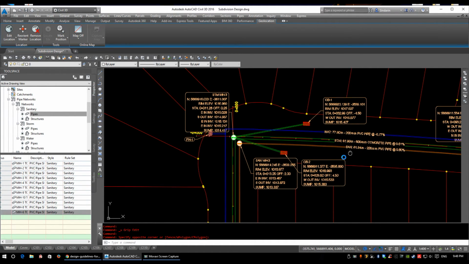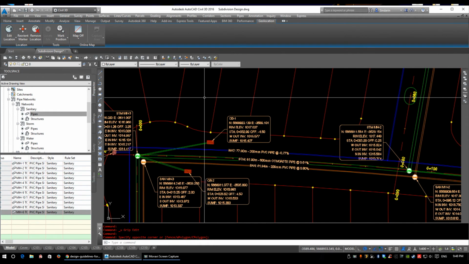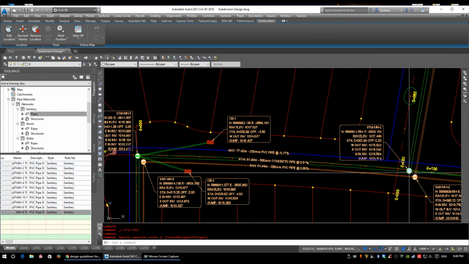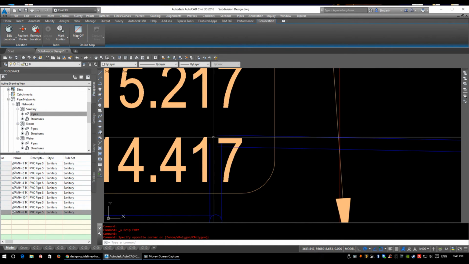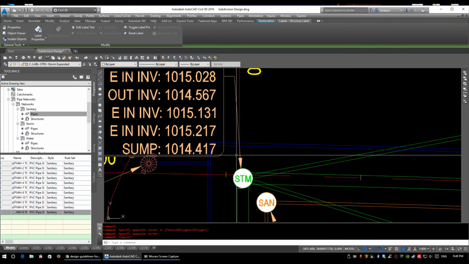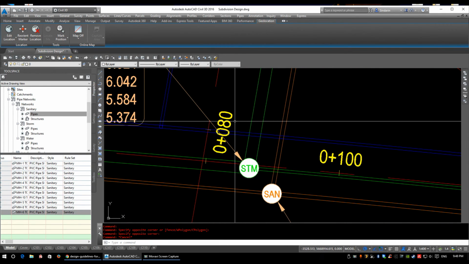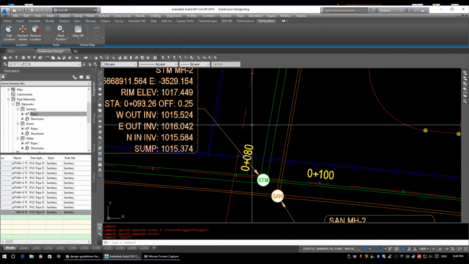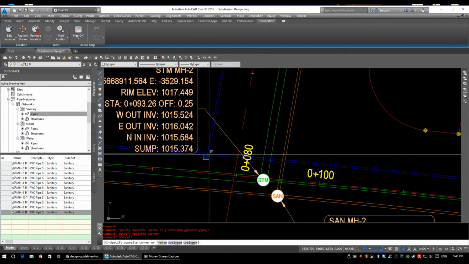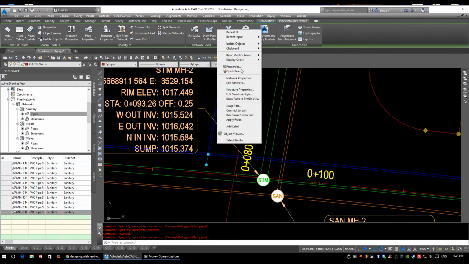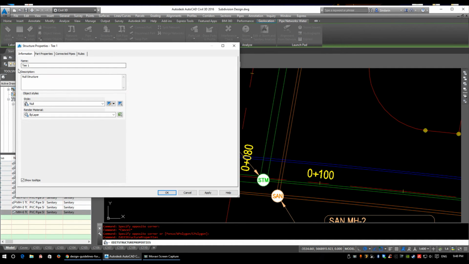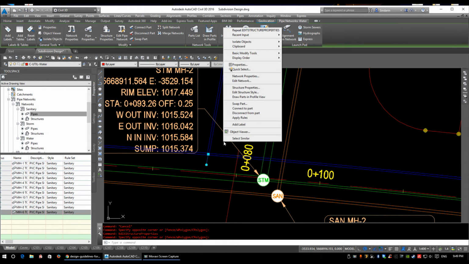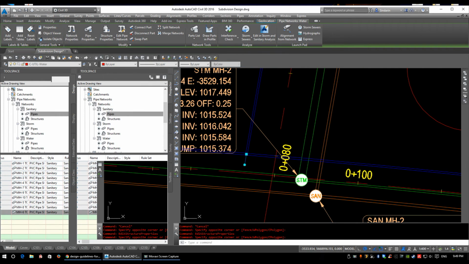One last thing in the editing pipe networks is renaming your objects. So rename your catch basins, rename your manholes, rename your fire hydrants, name your null structures to show what they're actually going to be. For an example, I'm going to quickly show you my structures all in this area. So I'm going to select my one null structure here. I'm going to go to structure properties, and you can change it in here. So all I've named this is T-1, or you can name it in properties. So if you right click properties,